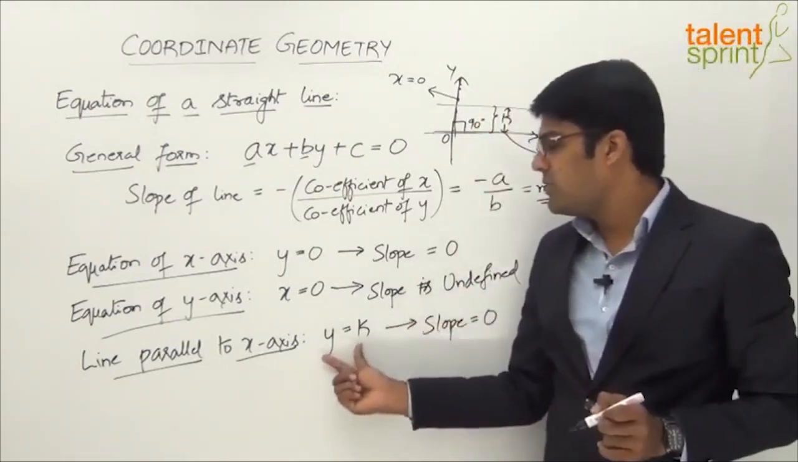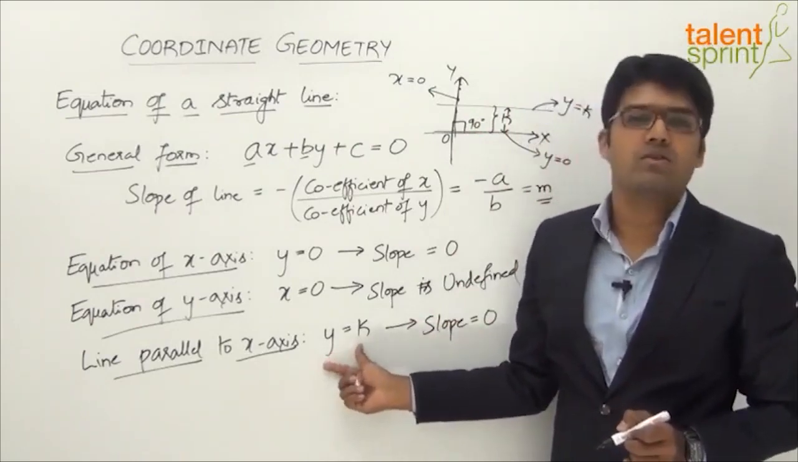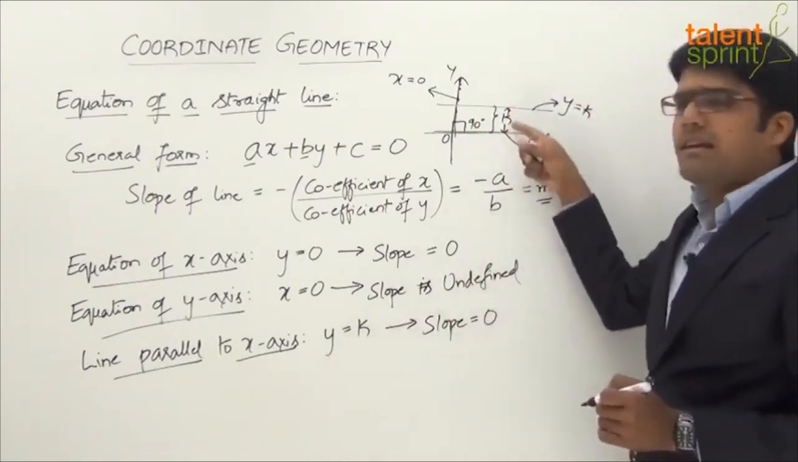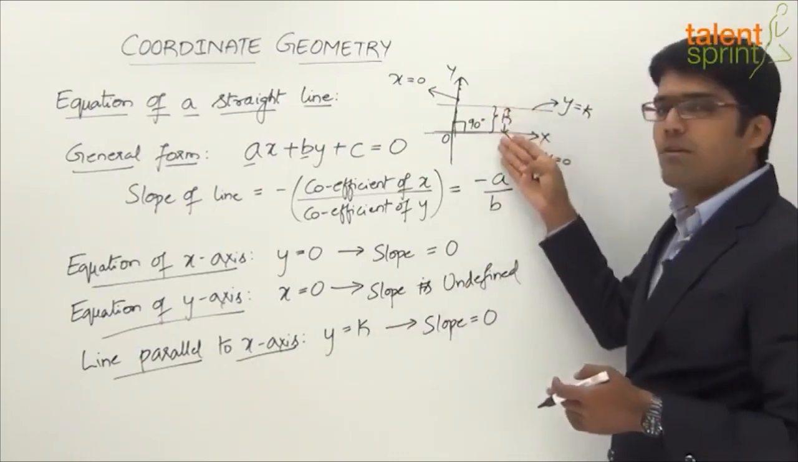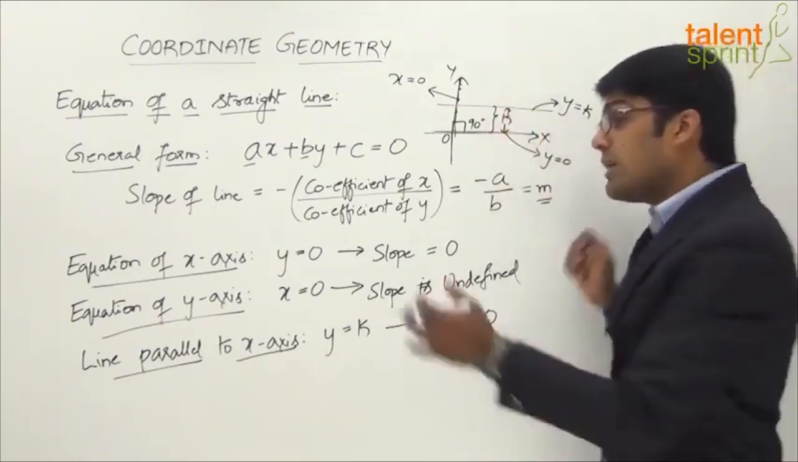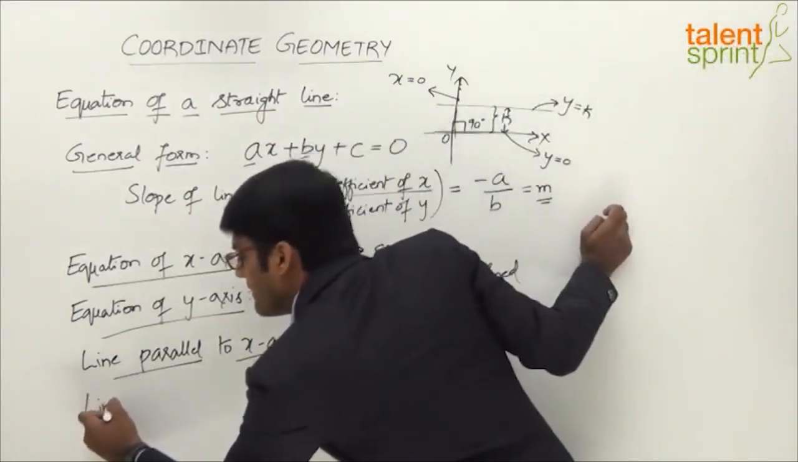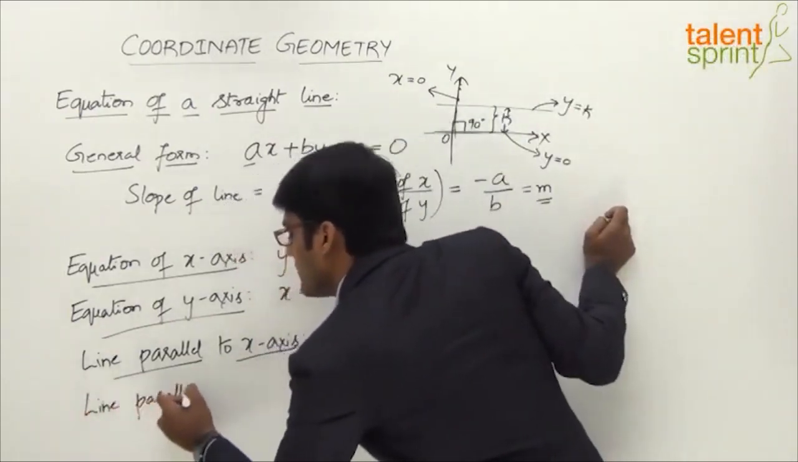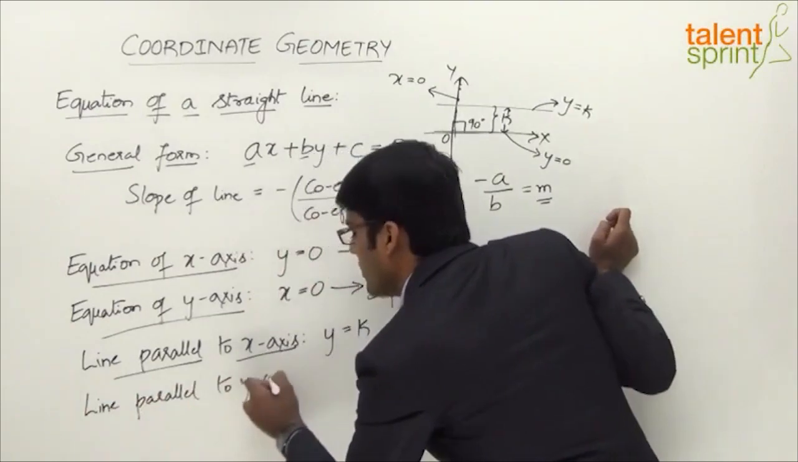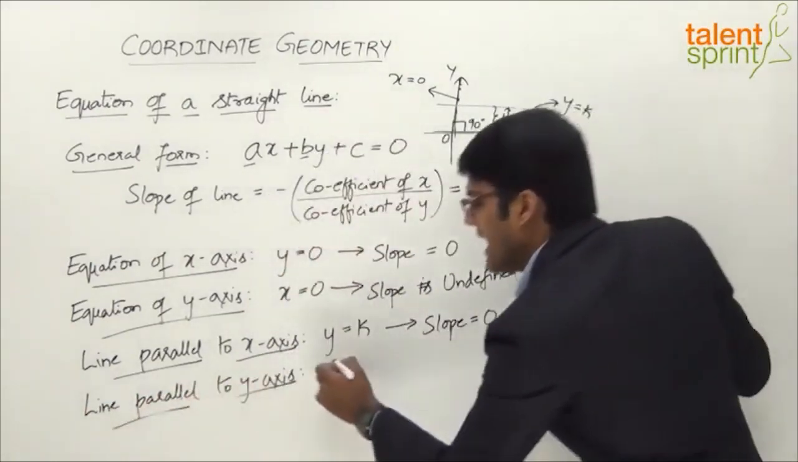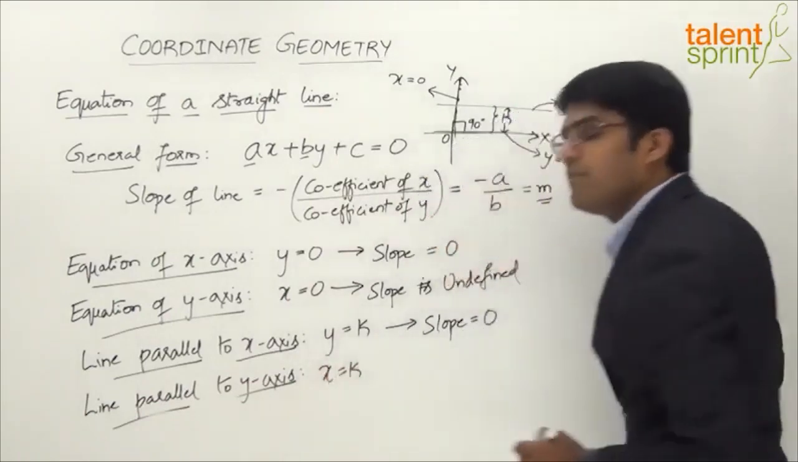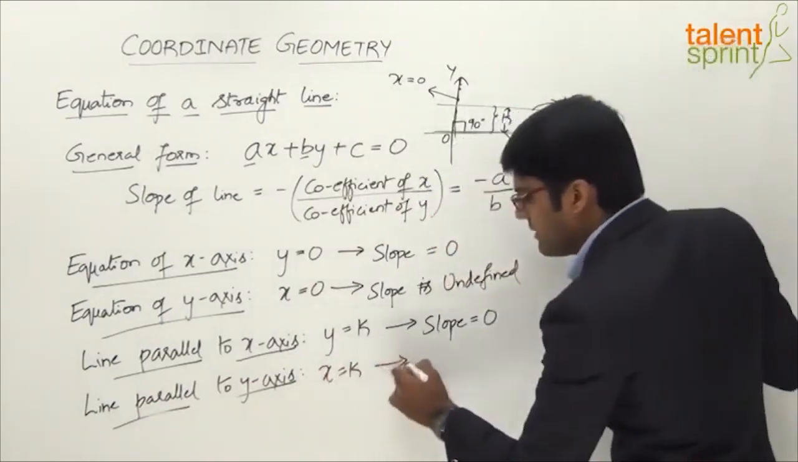So the line parallel to x-axis can be given by y equals k, where k is the vertical distance, right? k is nothing but the y coordinate or the vertical distance of the line from x-axis. Now a line parallel to y-axis, and since we have already looked at a line parallel to x-axis, this shouldn't be difficult. What do we do? x equals k, x will be equal to k, and slope undefined,